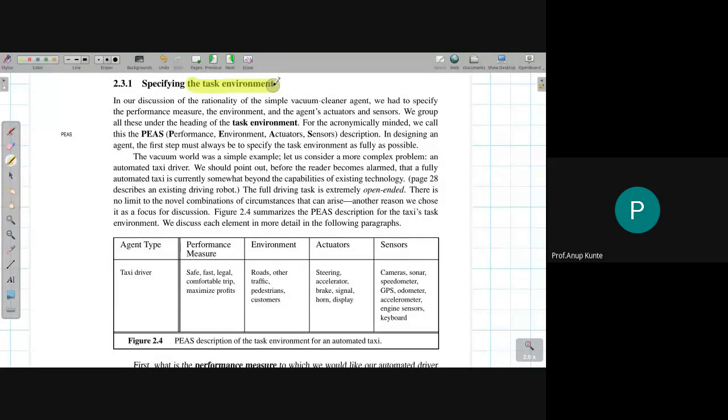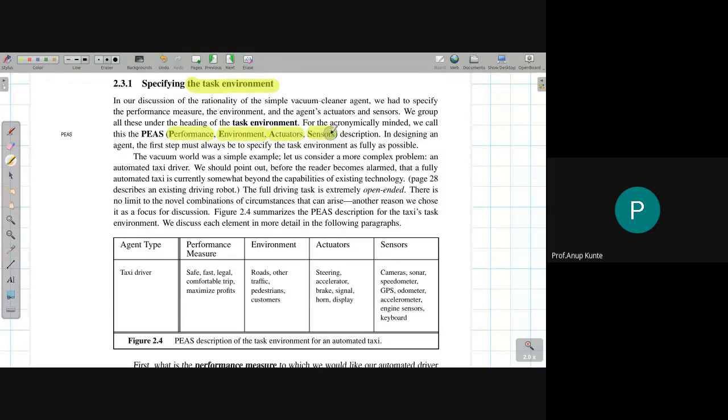So you should be able to articulate which is the agent component in it, what the environment is, and what the characteristics of that environment are. That will help you in understanding how this agent is now going to solve the problem that I want solved. So you need to articulate first the performance measure, the environment, the actuators, and the sensors.